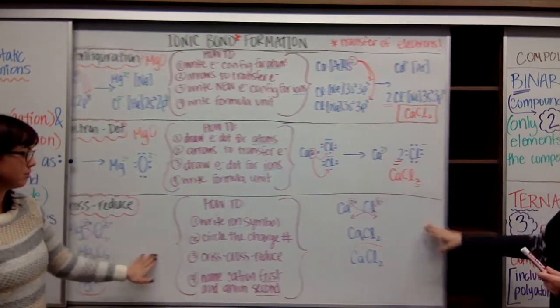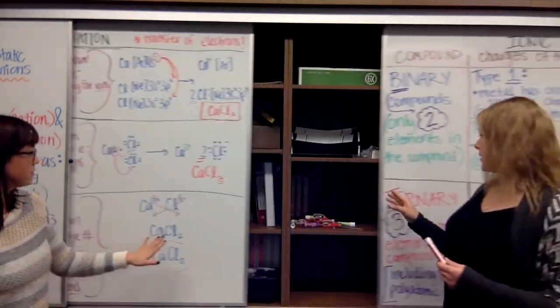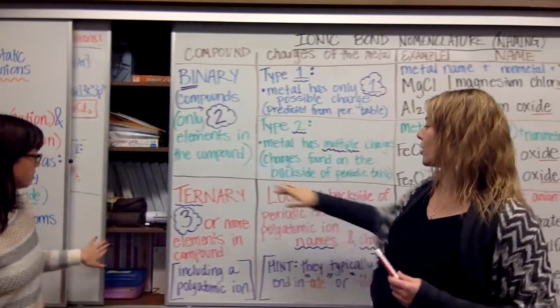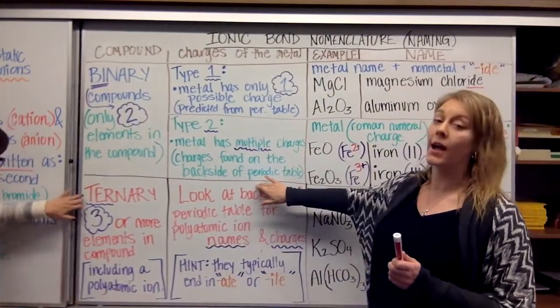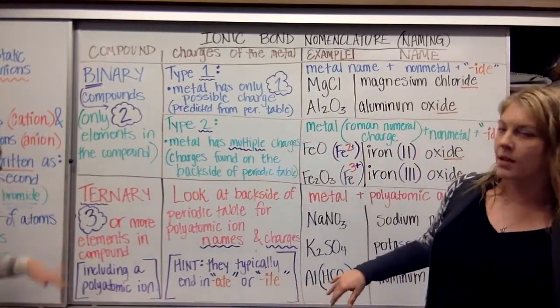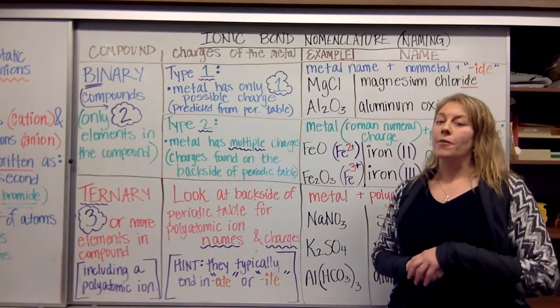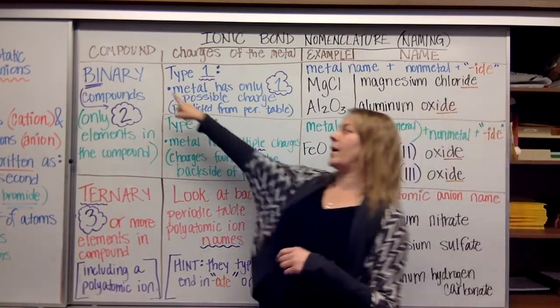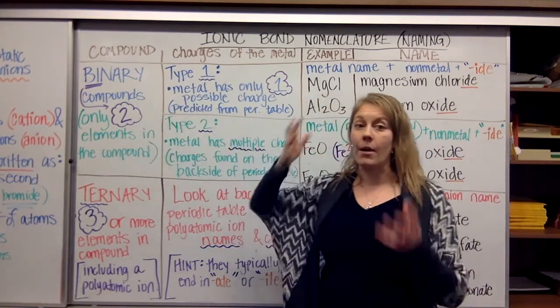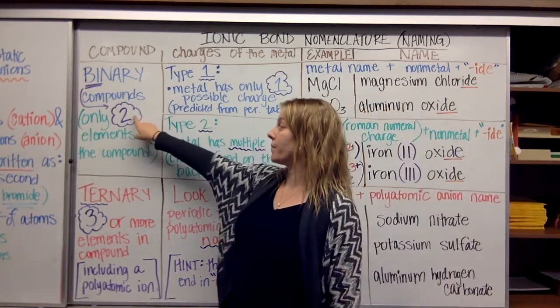All right. So now that we know how to write the ionic formula units, we're going to look at how to name ionic compounds. Do not be overwhelmed. All right, so this is what we call ionic bond nomenclature. The first type that we're going to talk about is called binary compounds. Now, if you think about binary, bi means 2. All right, so,